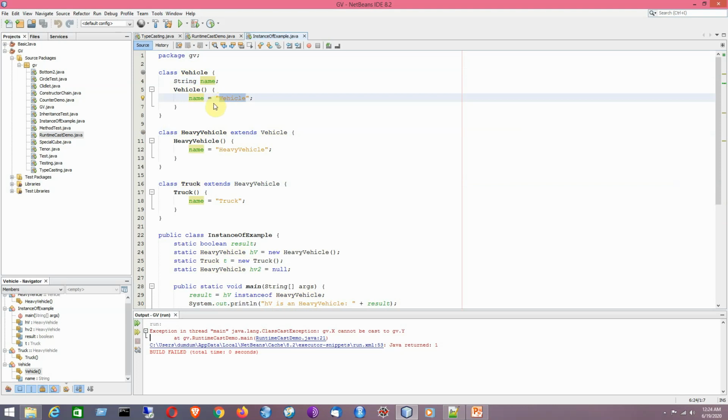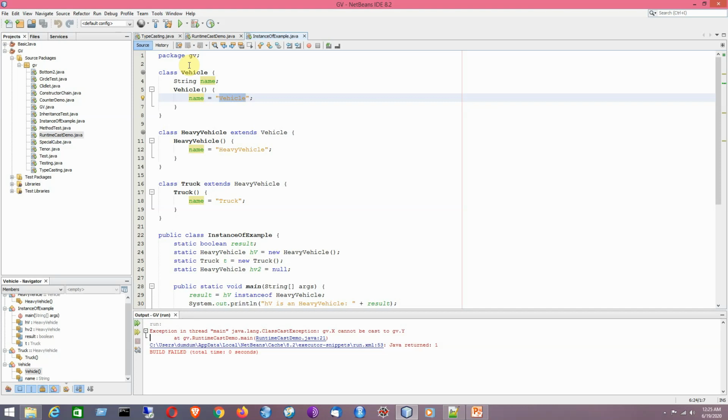Now the next one, HeavyVehicle, which is a subclass of Vehicle, has a constructor which uses the name field. By the inheritance property, it gets access to this variable, so it is assigned the string value HeavyVehicle. Now the next one is called Truck, which extends HeavyVehicle. Basically we can see here a multi-level inheritance relationship.